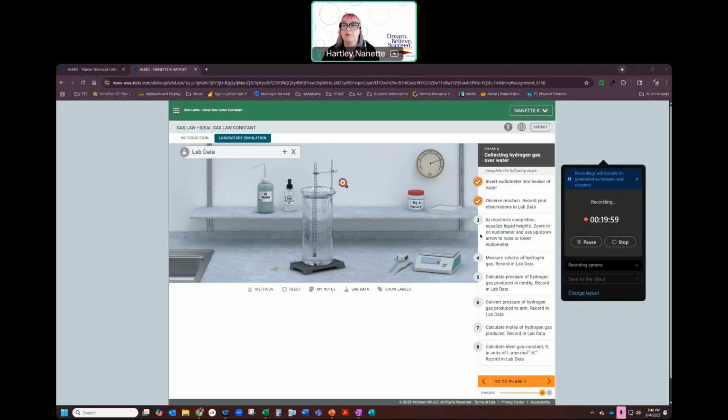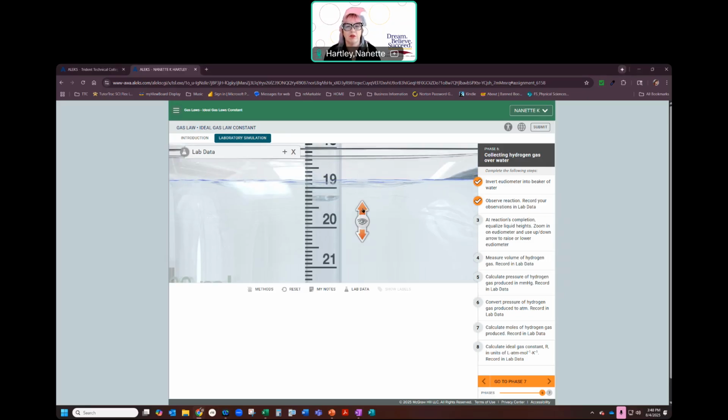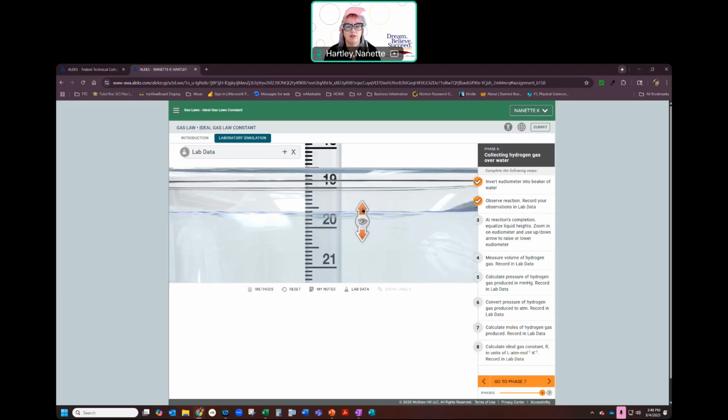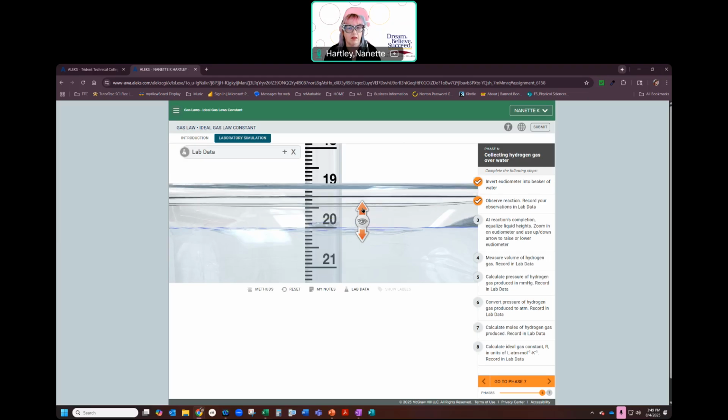Okay, so now I'm here. And it says at reaction's completion, equalize the liquid heights. Zoom in on the eudiometer, and use the up and down arrows to raise or lower. Okay, so I zoom in, and I see that this is my meniscus. So I'm going to raise it because it says to raise it. And now I see that there's a liquid line right here, and I need to make this equal to this. Okay, so I go up. I know I need to keep going. So maybe there, maybe there, maybe there. So I'm going to try this. And if I look at this,